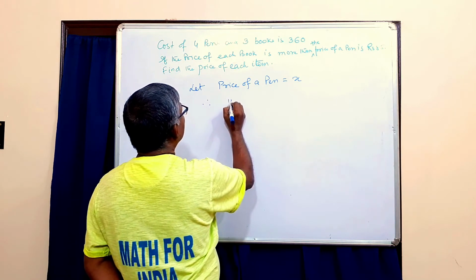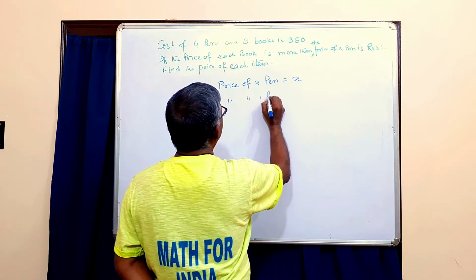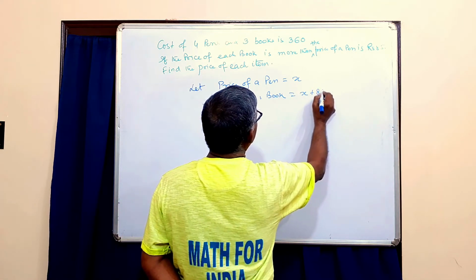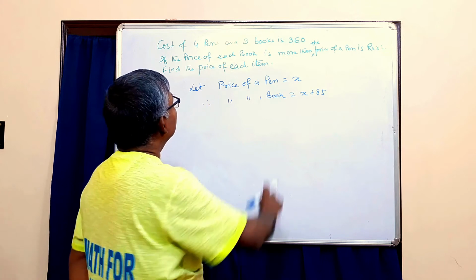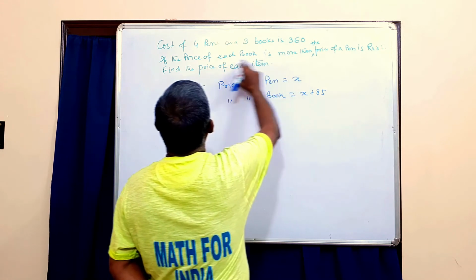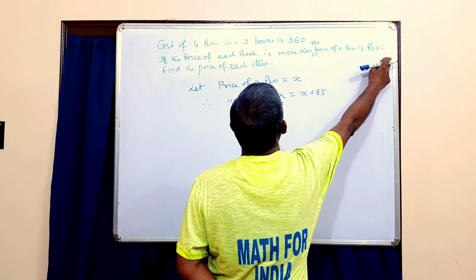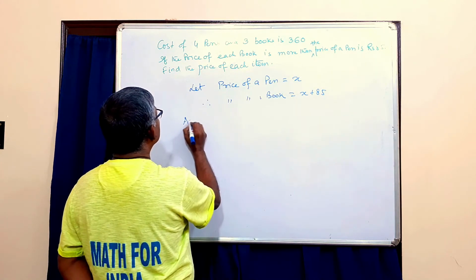Therefore the price of a book equals x plus 85. Here is the given condition: the price of each book is more than the price of a pen by rupees 85. As per the given condition,